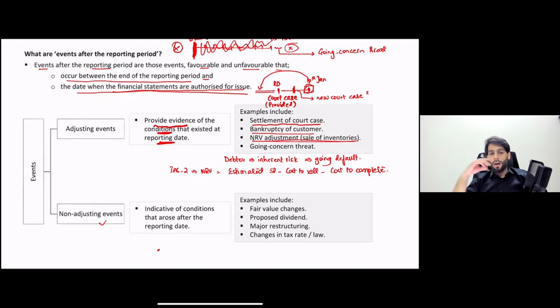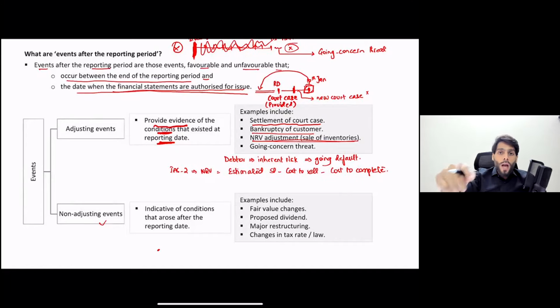Now, based on my own personal experiences, I have worked for almost a decade now. I've had more than a decade actually. I've had good professional experience. In my own personal opinion, it's almost impossible for an accountant to perform NRV testing on any company. For example, you are auditing maybe an engineering company, let's say. Now you go to that company, you look at their inventory and you say that I am going to perform NRV testing. But the point is, how will you perform NRV testing?